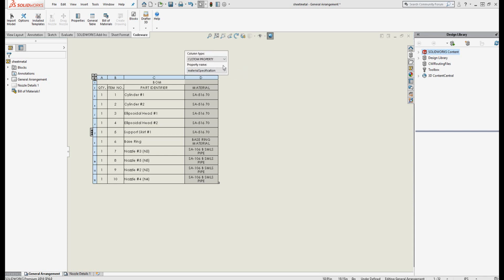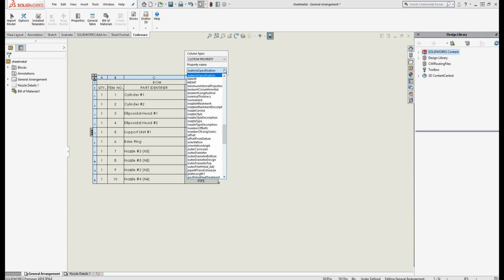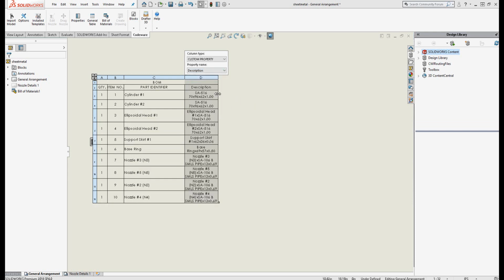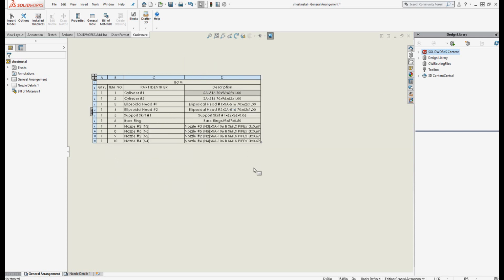So all the custom properties will come up, and again, if you want to add a different column, maybe you've got the process name for it. If it's a process nozzle manway, we want to have that listed, you can do that as well. But what we're going to do is specifically look for a new property I called description. We're going to add it, and I'll just expand this by double clicking on the edge here,